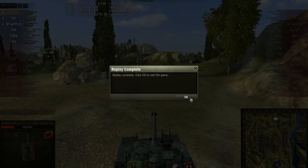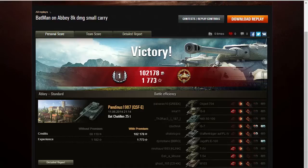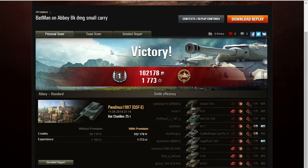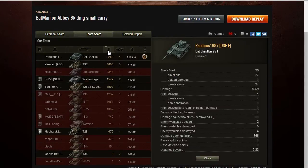And let's see some post-game results. And here we can see the post-game results of that game. We picked up high caliber medal, sorry. First class mastery badge. That was 8,269 damage game with 4 kills and 1,182 base experience game. I also need to mention that I had help from T92 with almost 5k damage and